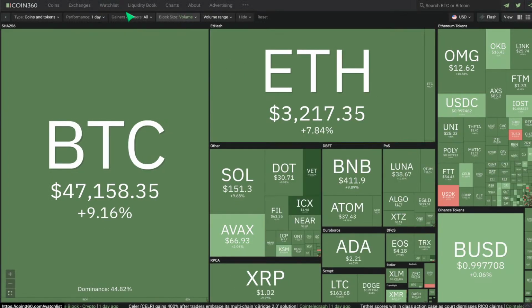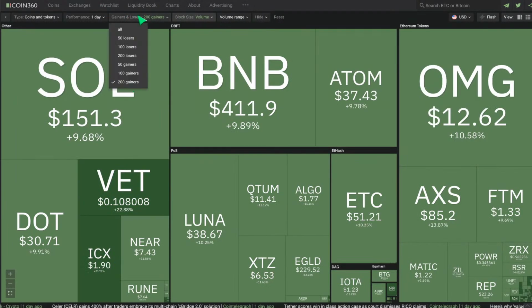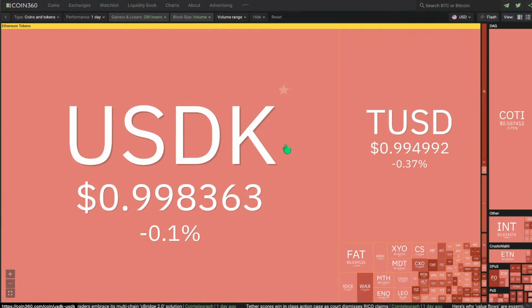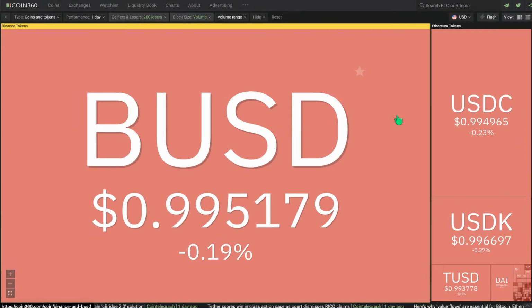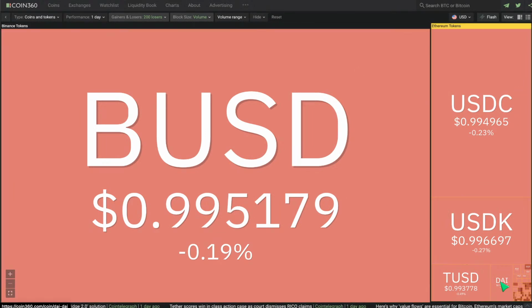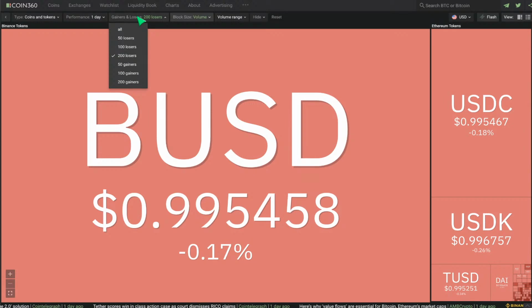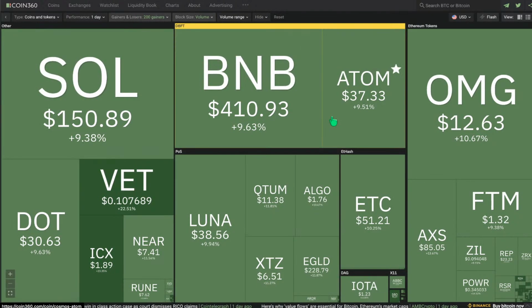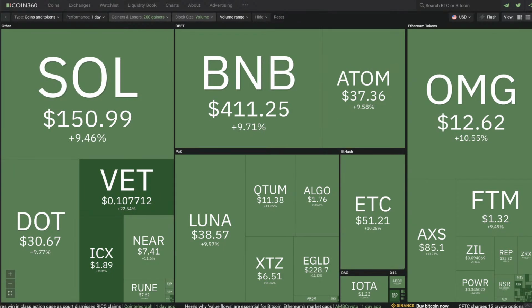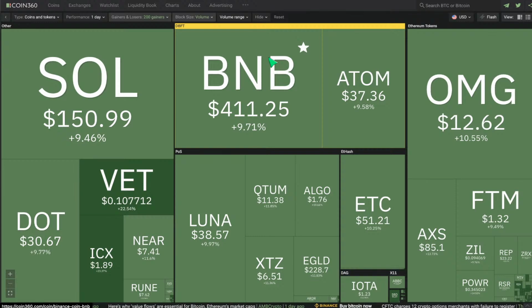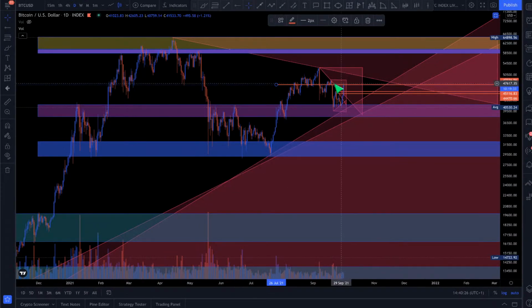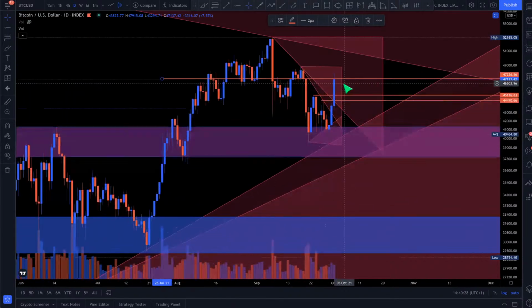Everything looking super, super awesome right now. But as I said, for us to be absolutely bullish, what we need is USD down. Very good. This is exactly what we want to see. These are the numbers we want to see. USD pairs down, which is very good. This is bullish as hell. So what we want to see is USD down, and BTC confirm, or at least stay above the $44,000 level, right?